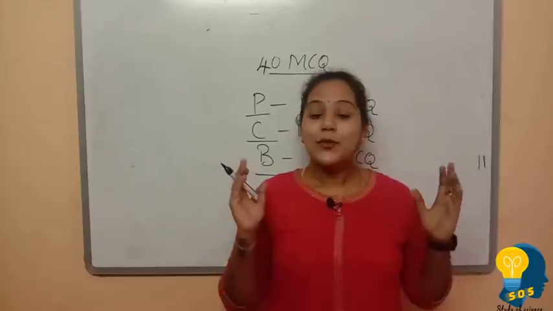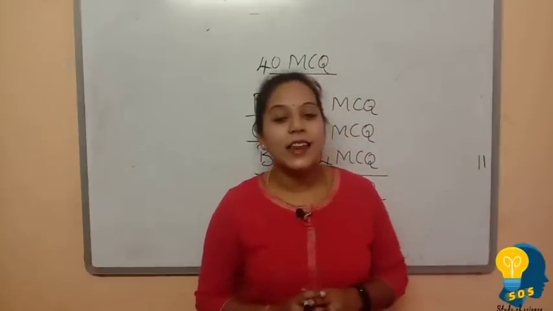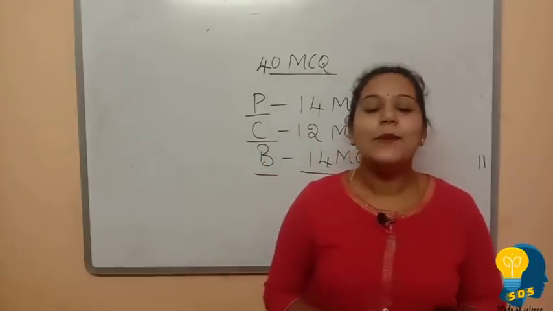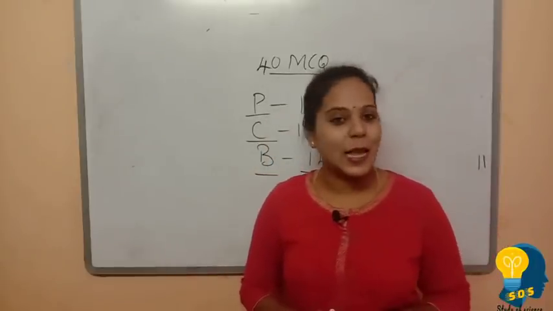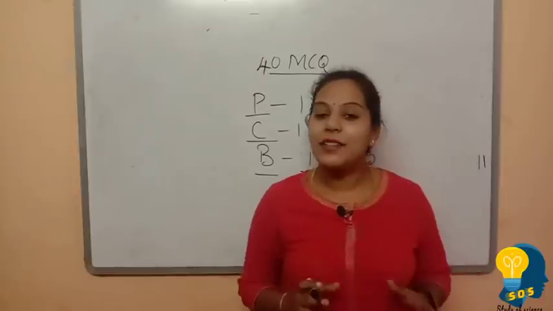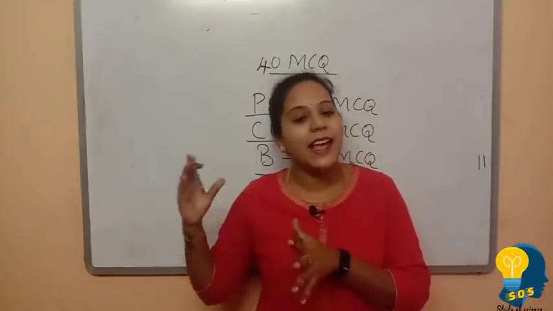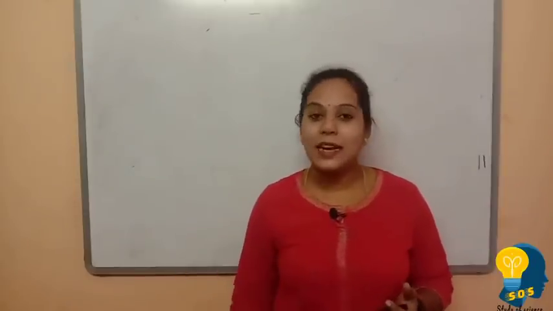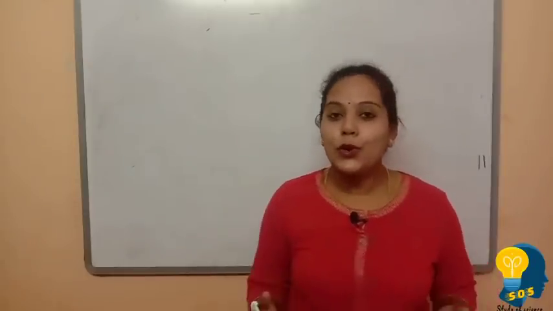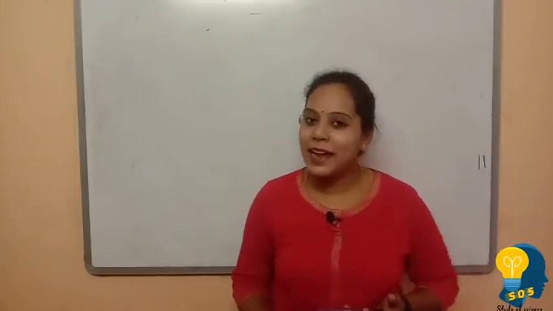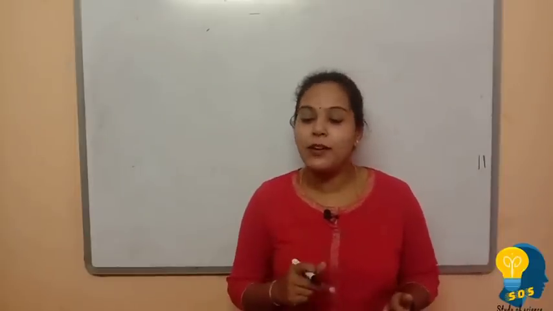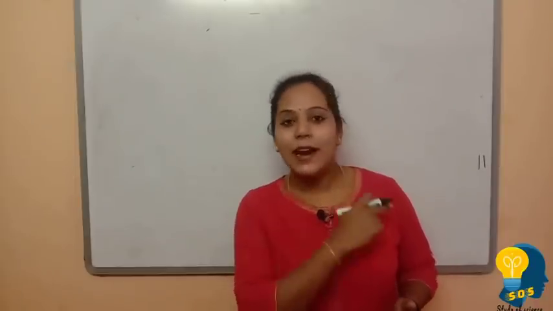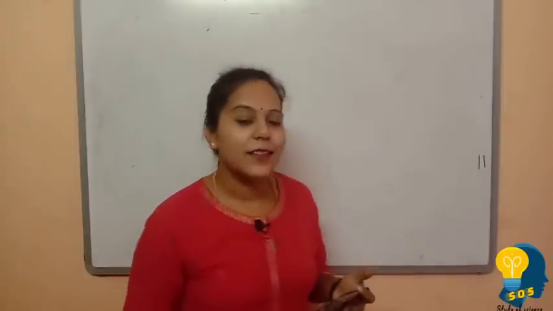Without making any mistake. So without delaying much, let us start answering the questions which are given in model question paper 1, which has been released by KSEEB. Firstly, we will start with chemistry, then biology and then physics. I have downloaded the question paper on my mobile itself, since due to lockdown there is no printout available anywhere. So I will read out the questions from here. The same question will also be displayed on your screen. I will write the options and discuss the answers with you.